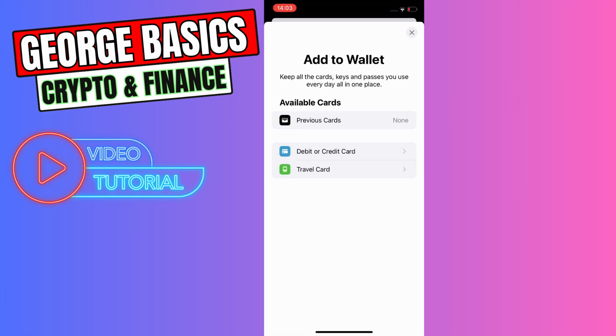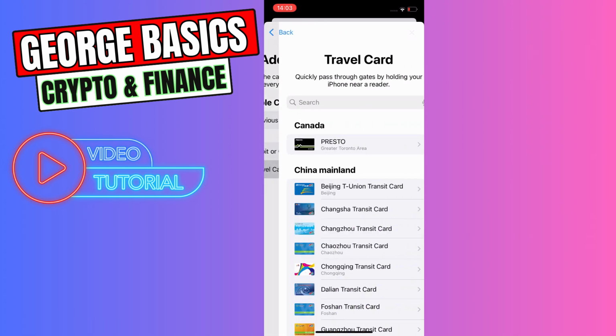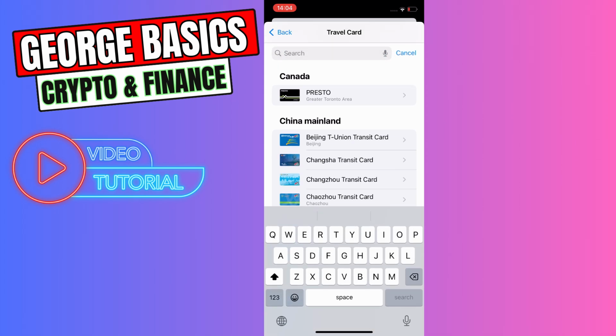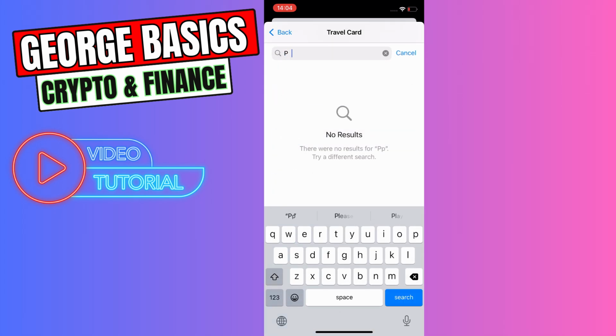Then we need to go to the travel card and in the top you will see Presto card, guys. If you can't see it, you can use the search bar and write Presto inside the search. So let's open Presto,